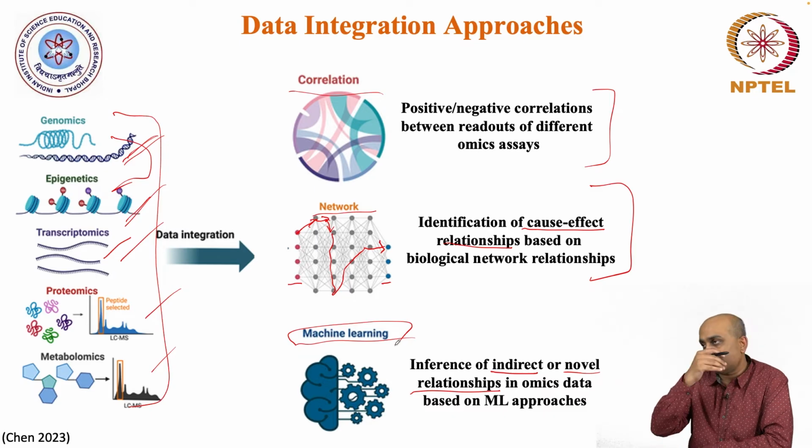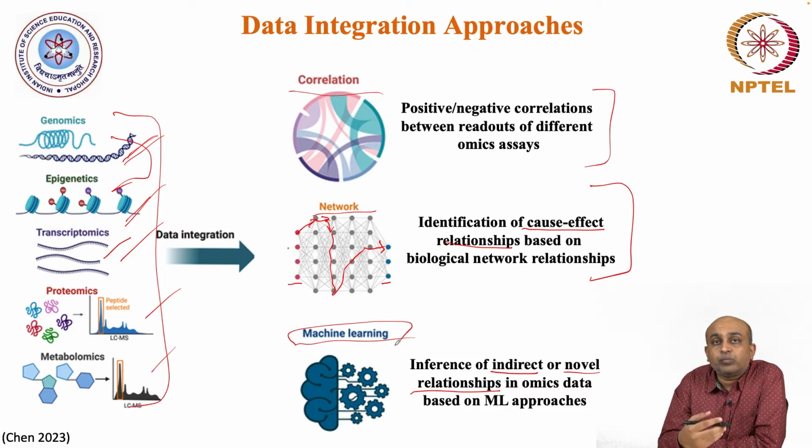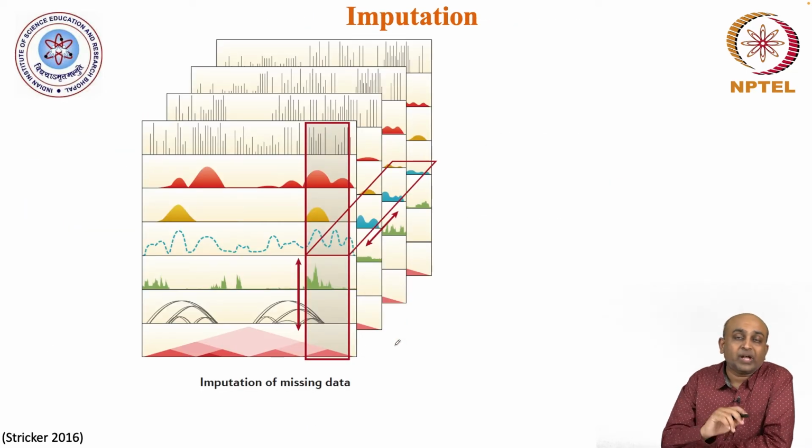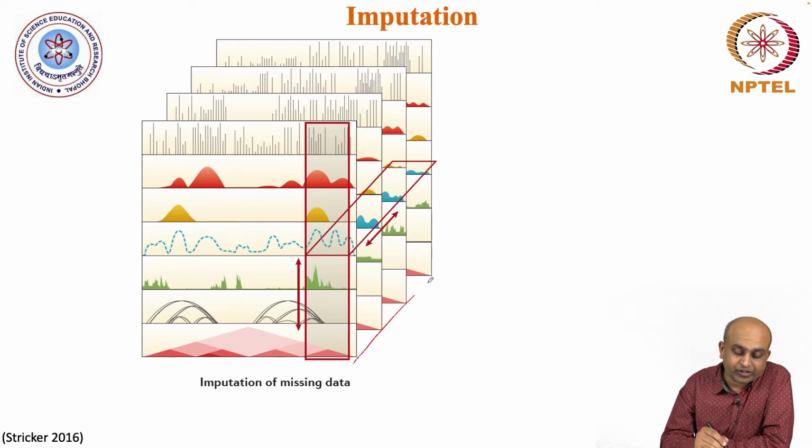So these are some examples of how you can do data integration when you have these very different assays. One of the things that has become possible thanks to these mega omics projects is that more and more sophisticated ways to do data integration are becoming available, not just for those omics projects but to the overall scientific community. One example is where you have these large data sets where you have different assays.